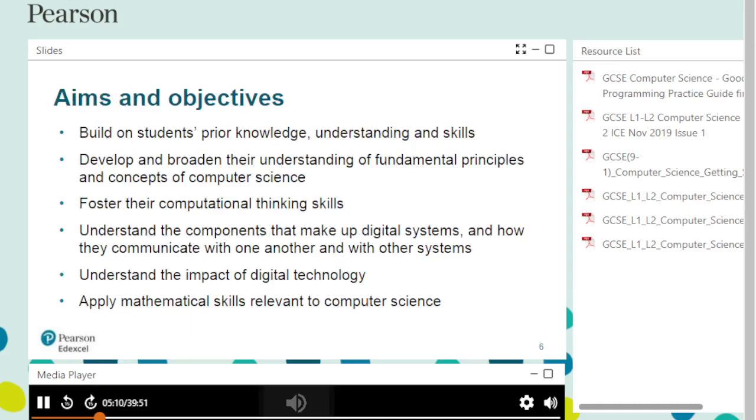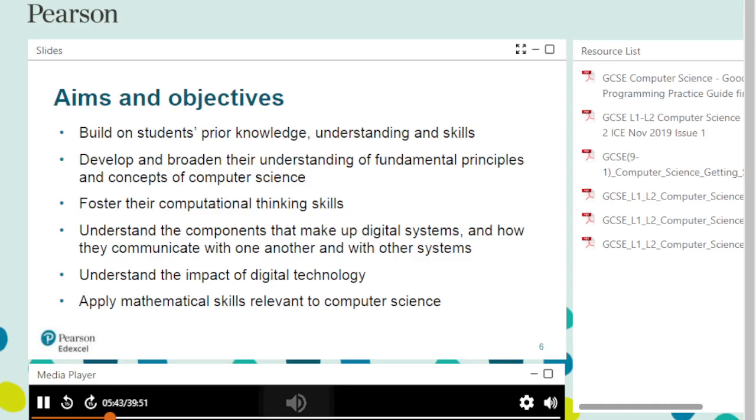The qualification's aims and objectives are to build on students' prior knowledge, understanding and skills established through the computer science strand of the programme of study at Key Stage 3, to develop and broaden their understanding of the fundamental principles and concepts of computer science, abstraction, decomposition, logic, algorithms and data representation, to foster their computational thinking skills, enabling them to analyse problems and design, write and debug programs to solve them,